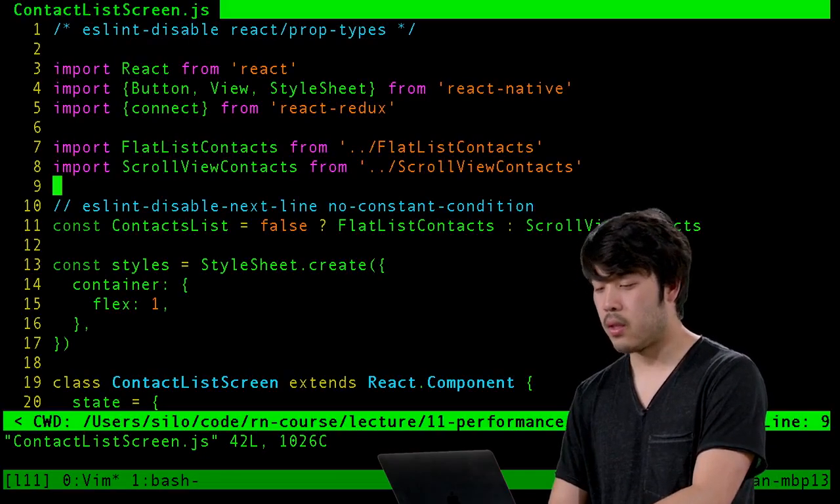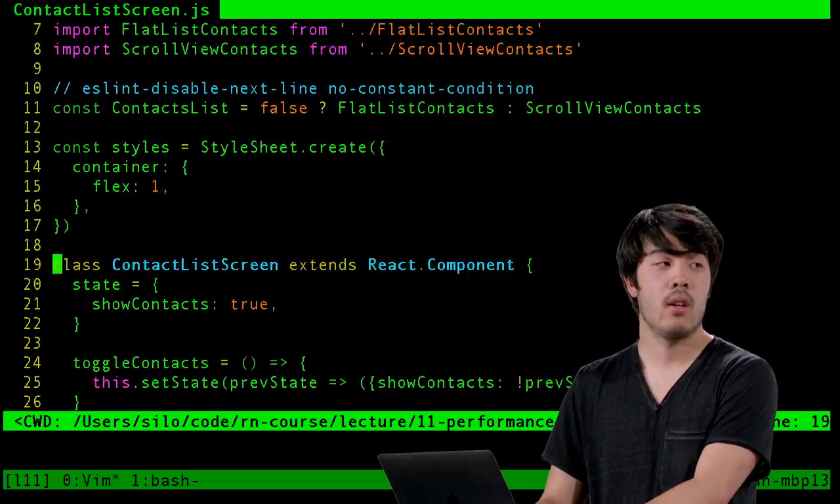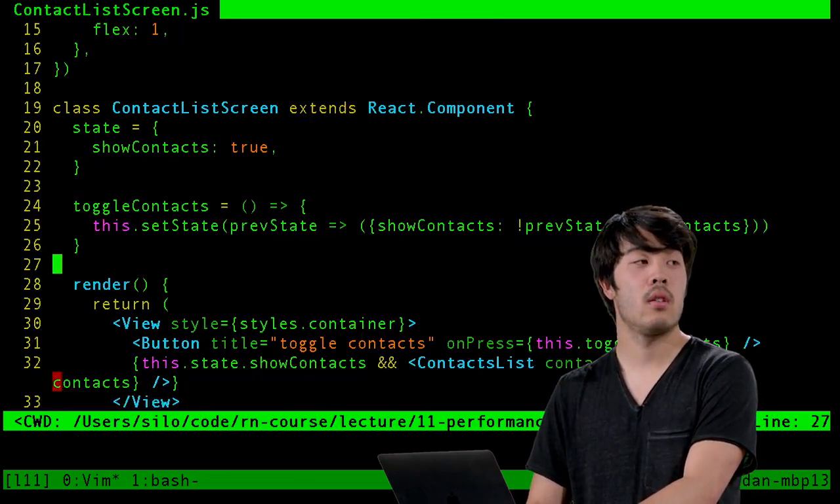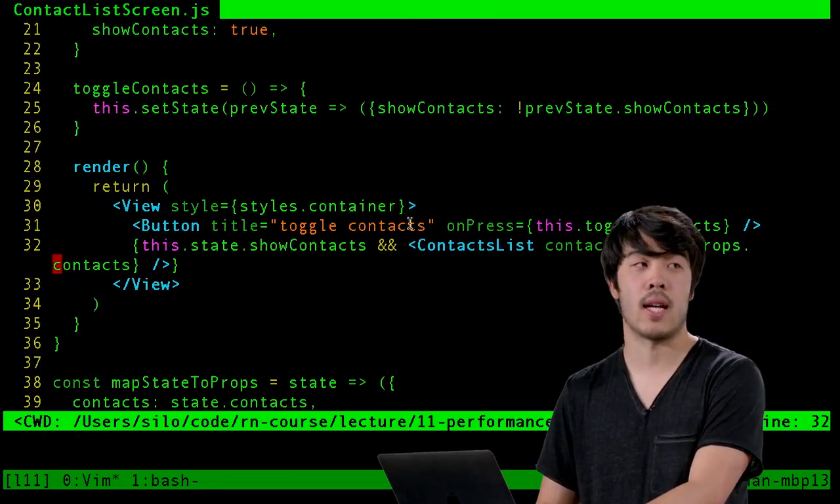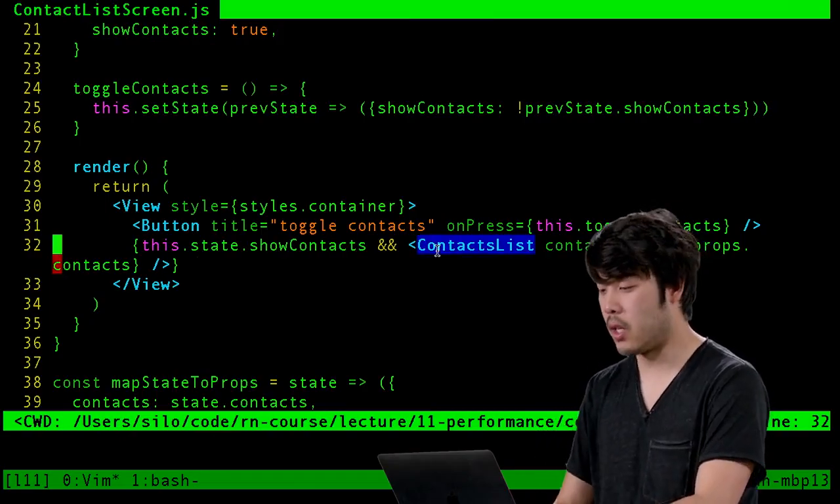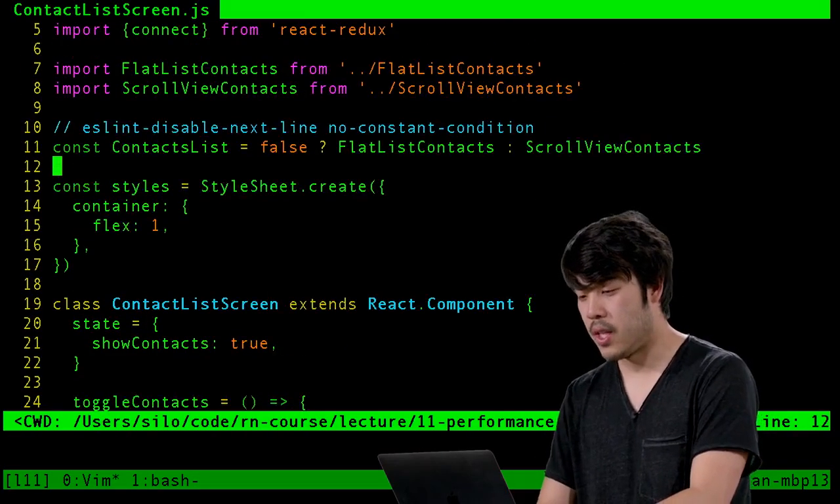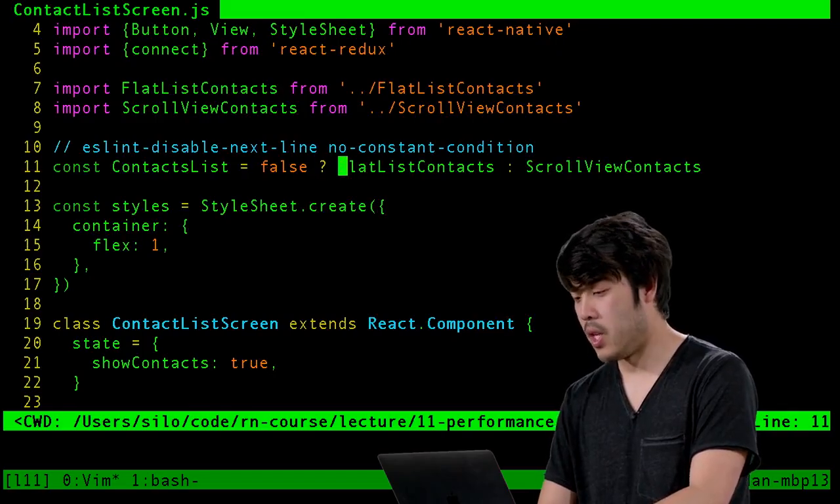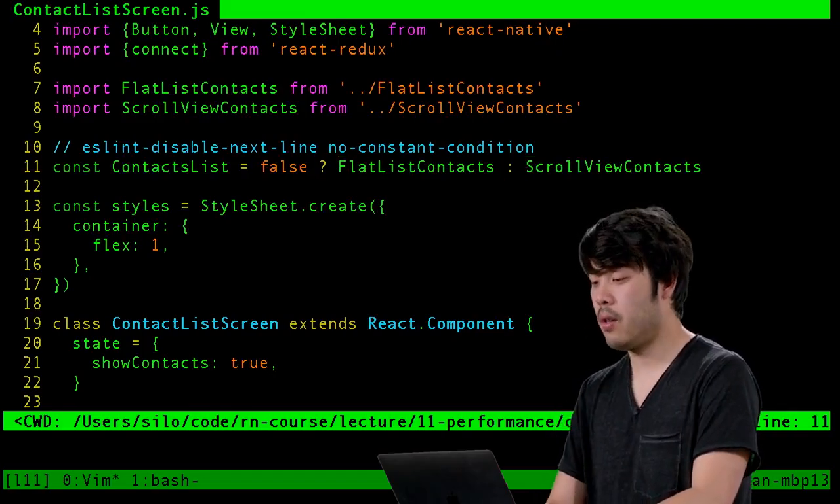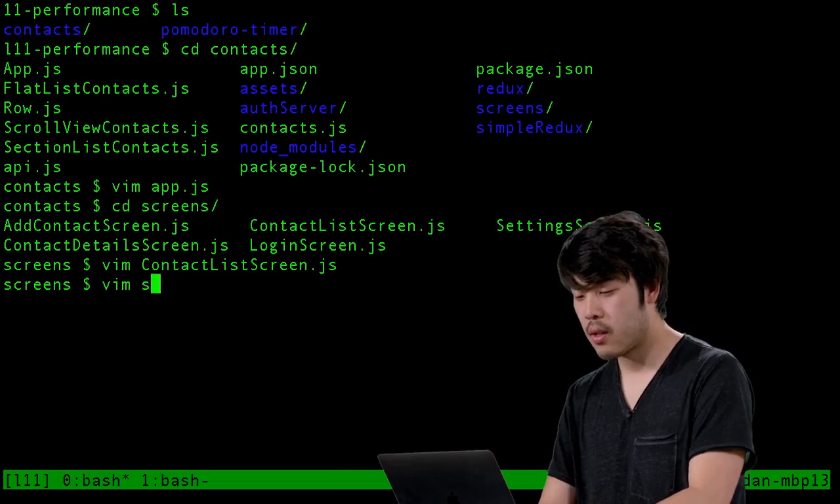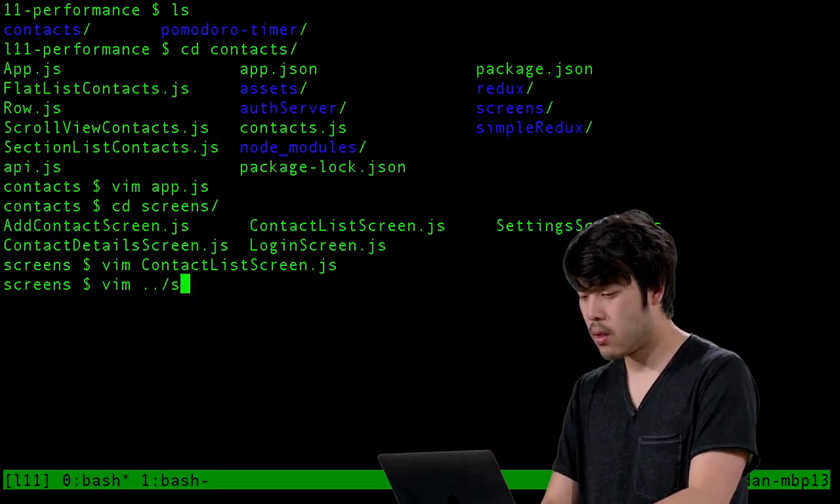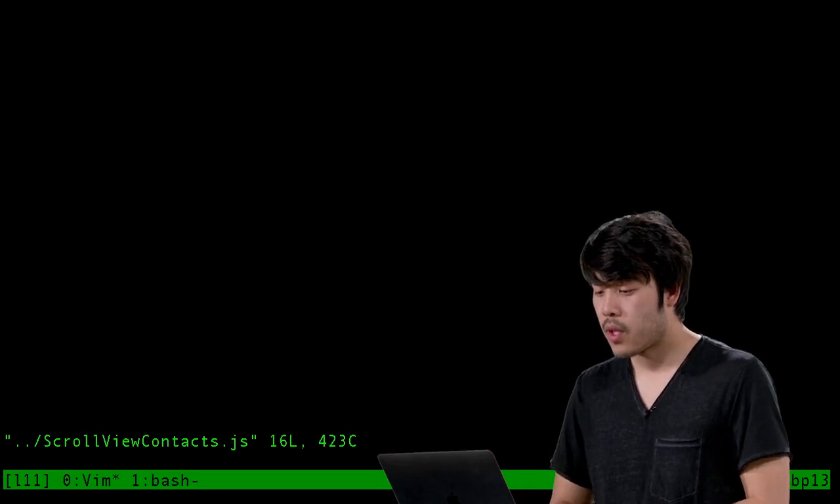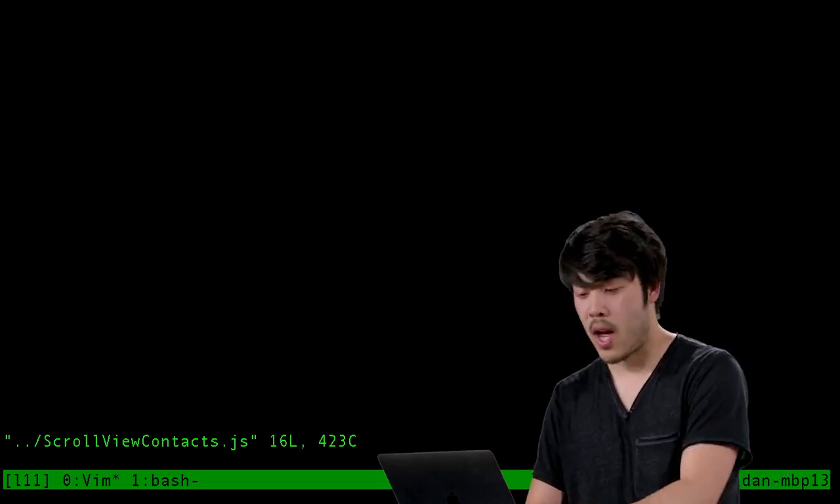The contacts list screen is just rendering our contacts list. And what exactly is our contacts list? Well, it's defined here to be the scroll view contacts. And what is scroll view contacts? We can see that it's just,